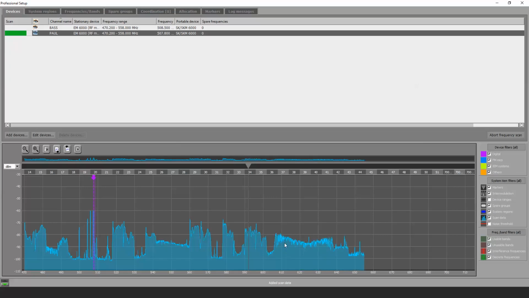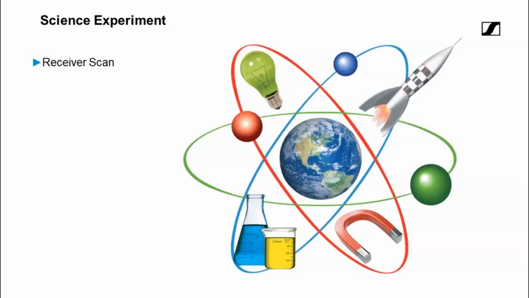And then up here, we're seeing the long uplink and downlink of the telecommunication companies up in the 600 megahertz range, where we won't be able to operate anymore come July. And there's a big swath of noise here, and then another swath of noise right here. Okay, so a good tool to get an initial look, especially if you're putting it through your remote antennas, to see what they're looking at in your venue. Cool. Okay, so that's the receiver scan.